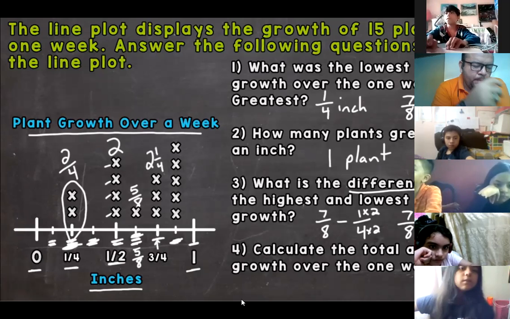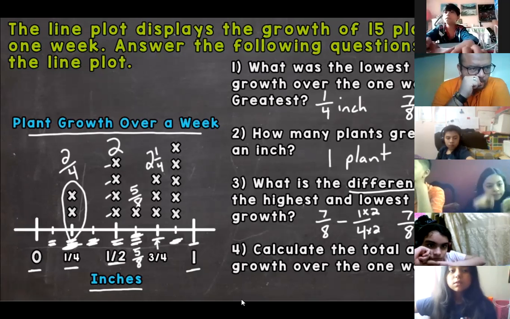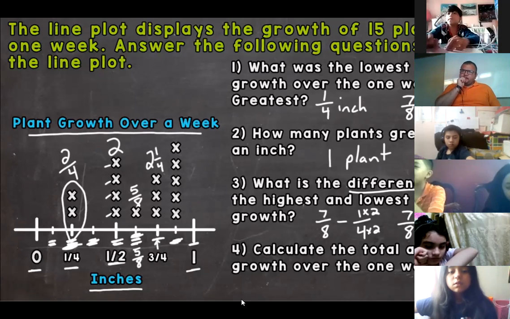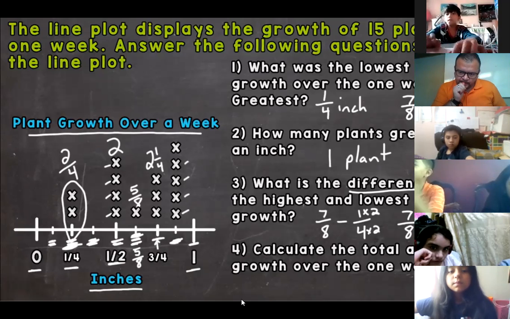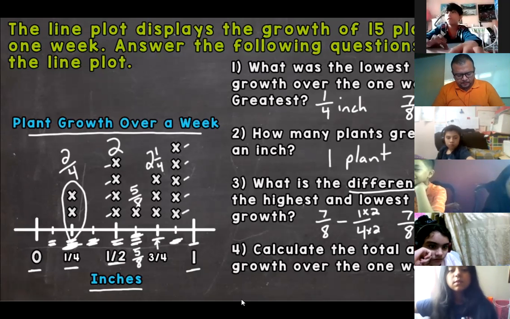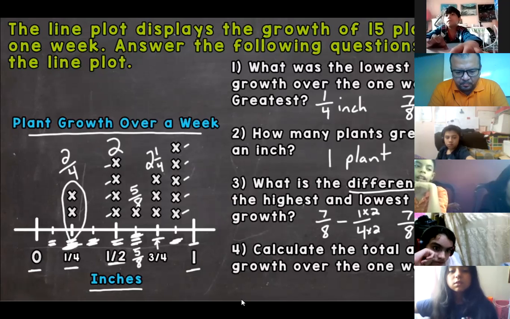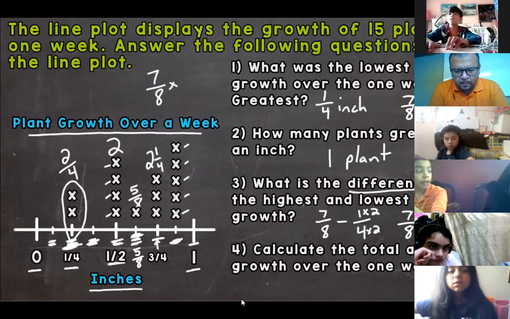Then lastly, we have 7/8, right? And we have 1, 2, 3, 4, 5 groups of 7/8, 5 plants that grew 7/8 of an inch. So we need to do 7/8 plus 7/8 plus 7/8 plus 7/8 plus 7/8. I think I got 5 there. So what we can do, I don't know off the top of my head, so let's do 7/8 times 5, which is going to give us 35 over 8,